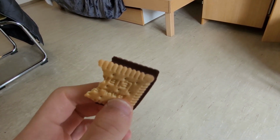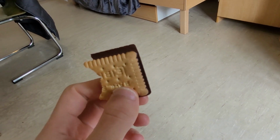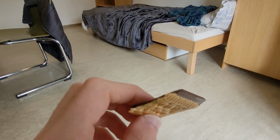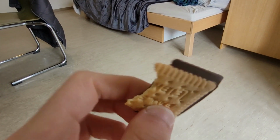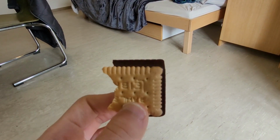That's a good ratio of chocolate to cookie. I think that's honestly might be a better ratio than the Doppel Kecks. And they're a lot easier to eat than the Doppel Kecks. The Doppel Kecks kind of crumble all over the place. They don't hold together very well. They crack easy, but these are fantastic. They hold together very nicely and just